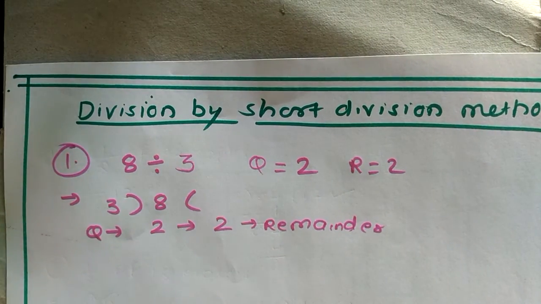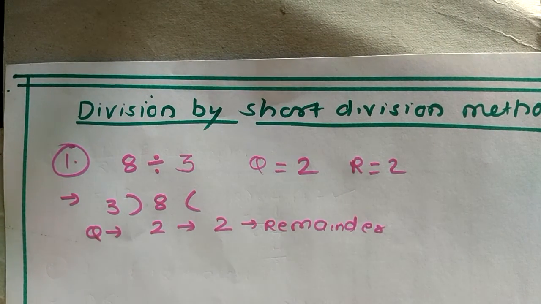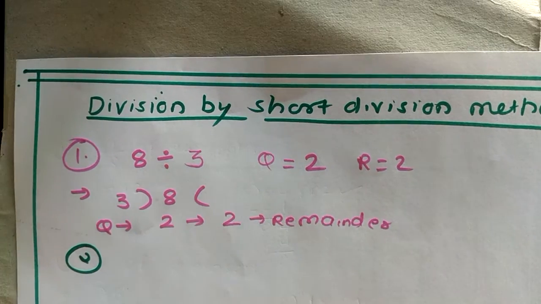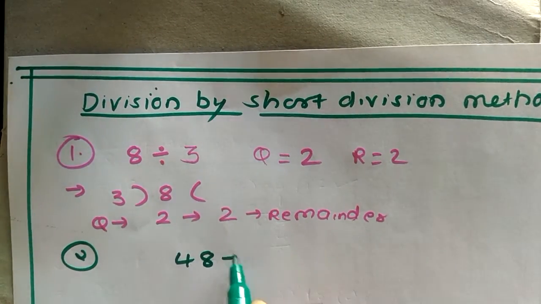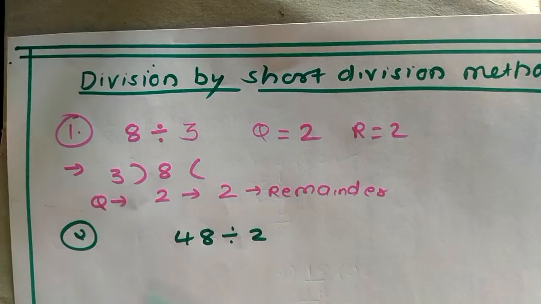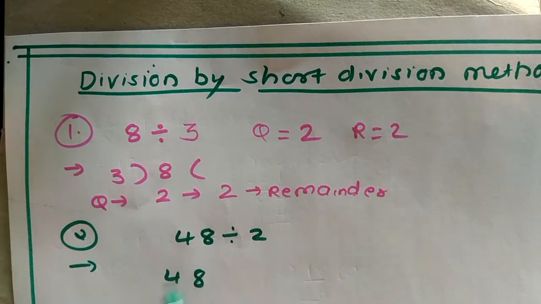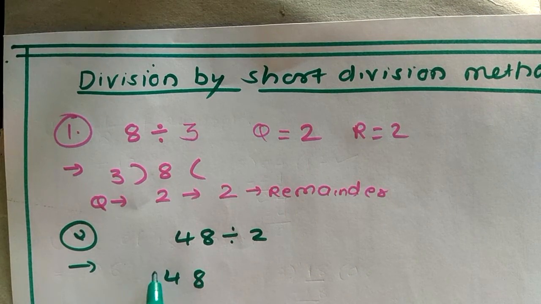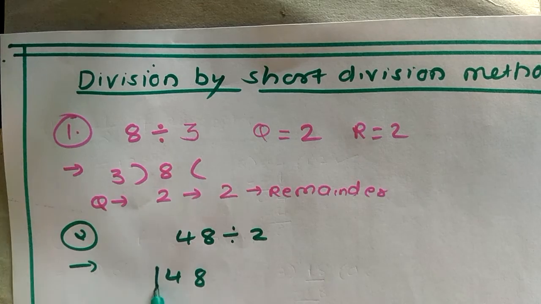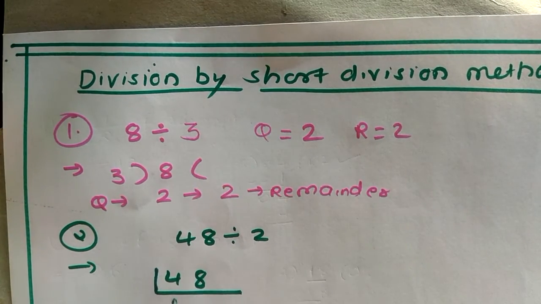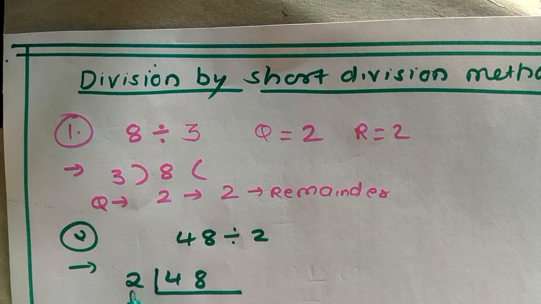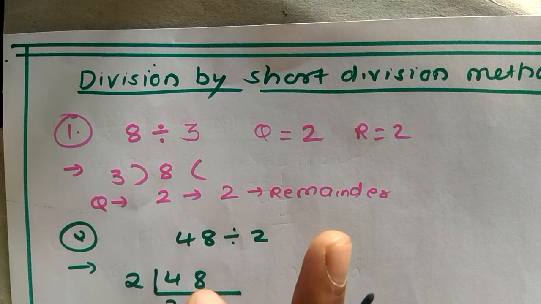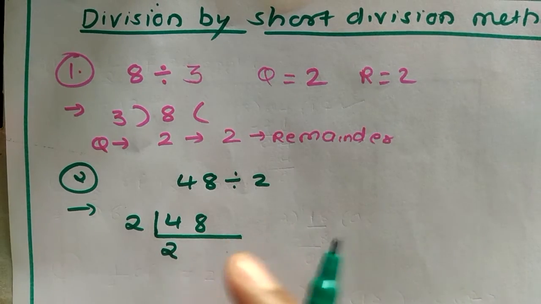So I'll take some other examples where we have different quotients and different remainders. Now I'll take a 2-digit number. So let us take 48 divided by 2. We don't want the quotient here, so we will not write the quotient. So we'll take it like this. So we are dividing this with 2. Say the table of 2 till it comes 4. So 2 2s are 4. Complete 4 we got here. So we don't have any remainder.